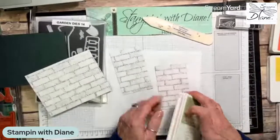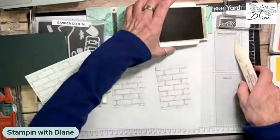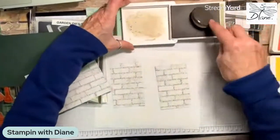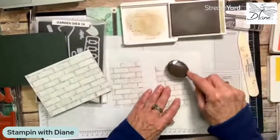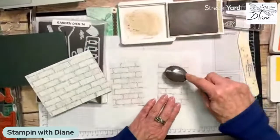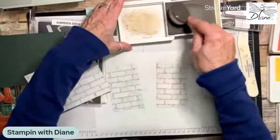So I actually want to take some of that white off, and I really think the color is actually Sahara Sand. But I'm going to go in and sponge this up a little bit to give it dirty bricks. They're too clean, bricks, right? So let me just...